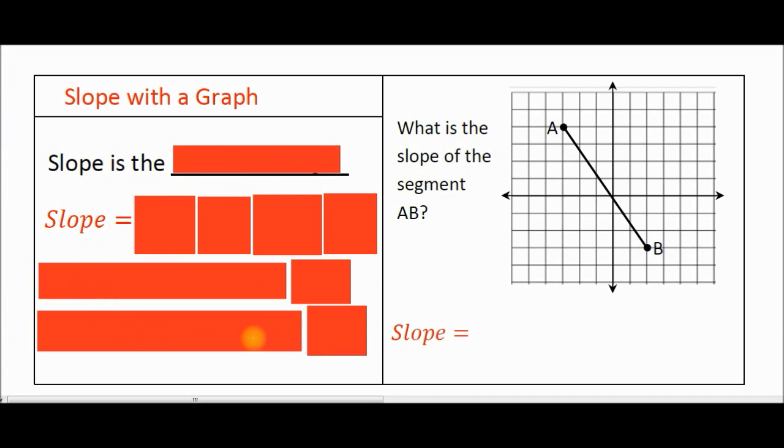Let's fill out this left section first, and then we'll talk about how to use that information to figure out slope. So slope is the rate of change. Now, I don't know if you've ever seen it described that way before, but slope is the rate of change. What we're talking about here is, take a look at this graph over on the right side. As I move from left to right,